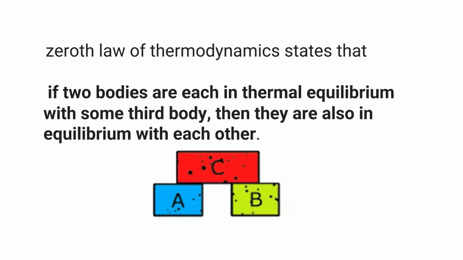Something they call the 0th law of thermodynamics is the principle of thermal equilibrium. If you have two bodies that touch, say body A and C here, they will equalize in temperature from their contact, as long as there's not an insulation between them. And if you have another body B that's in thermal equilibrium with C, then it turns out that A and B are in thermal equilibrium. So it's sometimes called the transitive property of temperature.